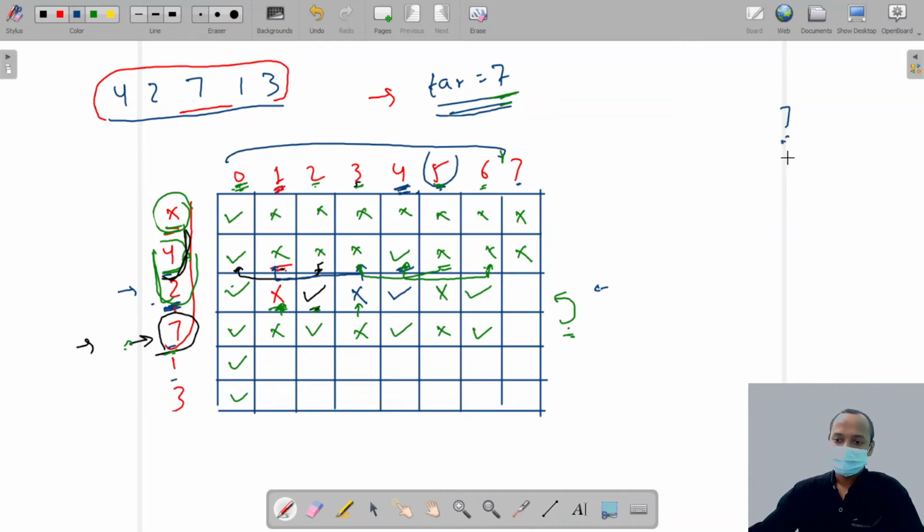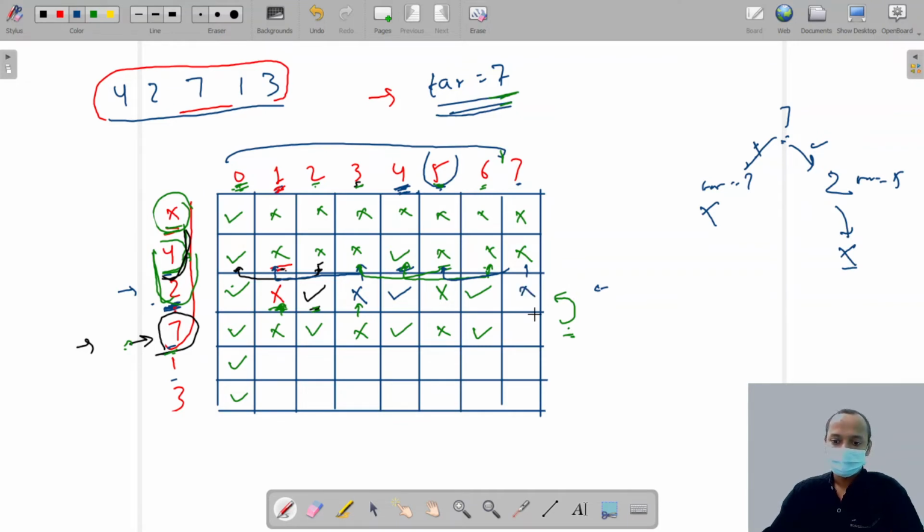Now if he plays, he can make 2 runs, and the target is 5. If he does not play, the target is 7. So if he does not play, we ask the team, can you make 7 runs? They say no. And if he plays, then we ask the rest of the team, can you make 5 runs? They say no. So here is the no.